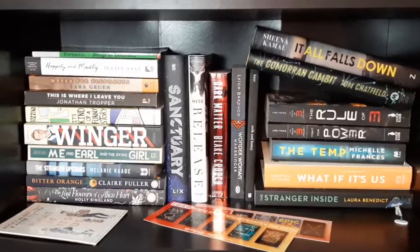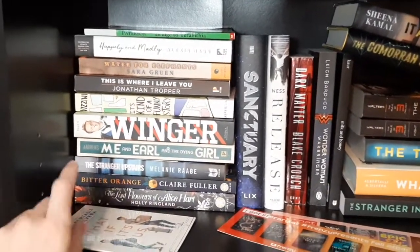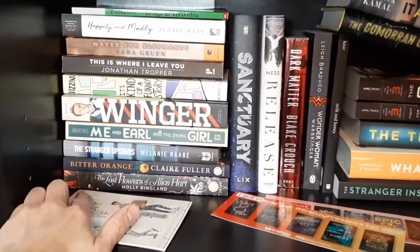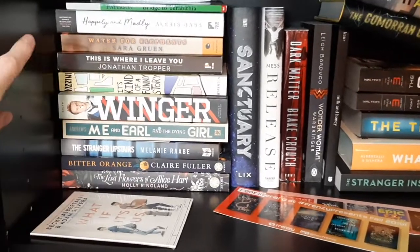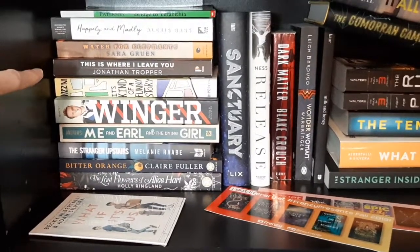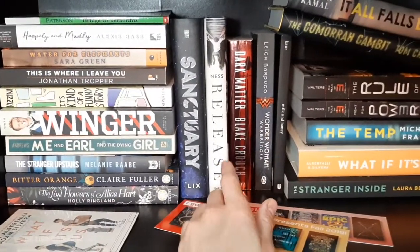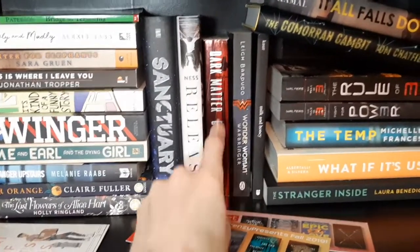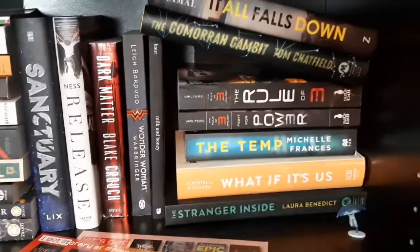Then on to my last shelf, we got some other books here. So we got Winger, Meet Earl, and The Dying Girl. These 3 books are from Anansi Press in Toronto, they sent me these 3 books. And then I also have It's Kind of a Funny Story, This Is Where I Leave You, Water for Elephants. We got Release by Patrick Ness, Dark Matter, Wonder Woman Warbringer, Milk and Honey, and then What If It's Us,